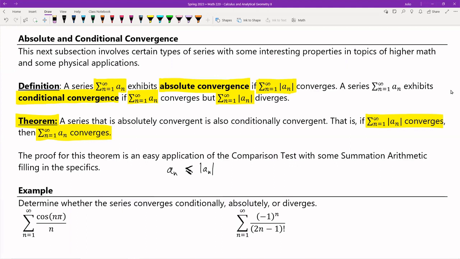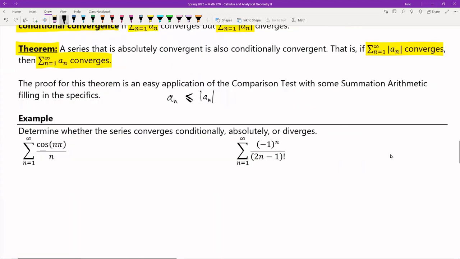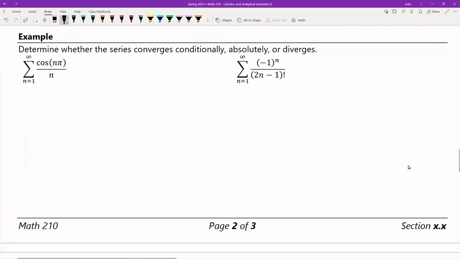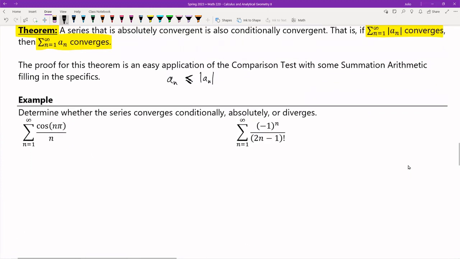All right. Now, how does this work? How do we determine this? So I've got two examples here. I need to determine whether they absolutely converge, conditionally converge, or diverge. So we're still going to be using the alternating series test here, okay? So to determine whether these conditionally converge, absolutely converge, or diverge,